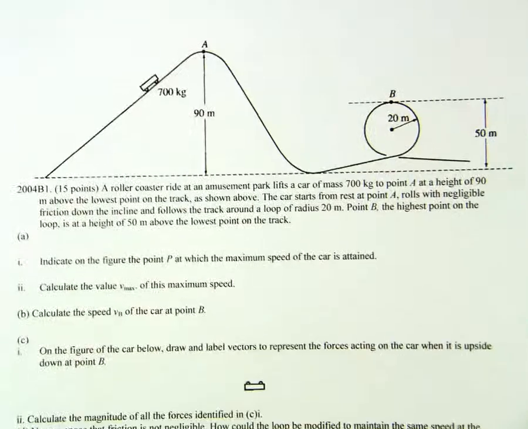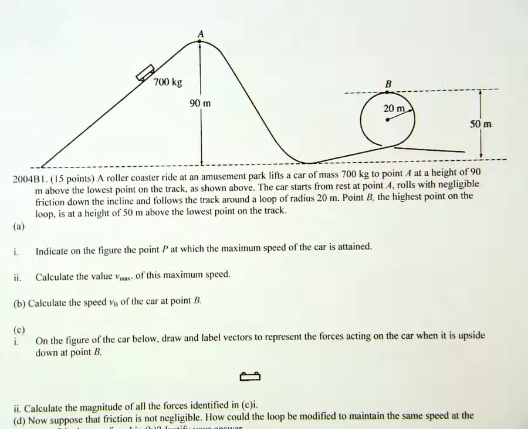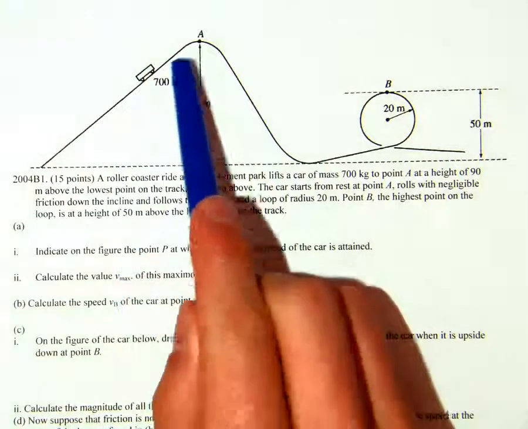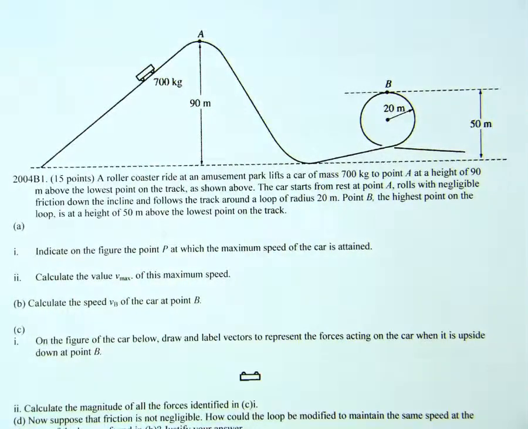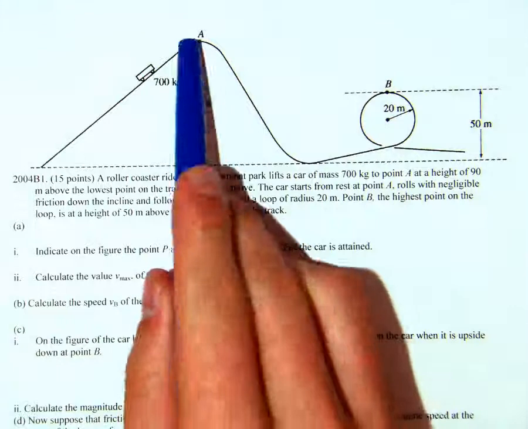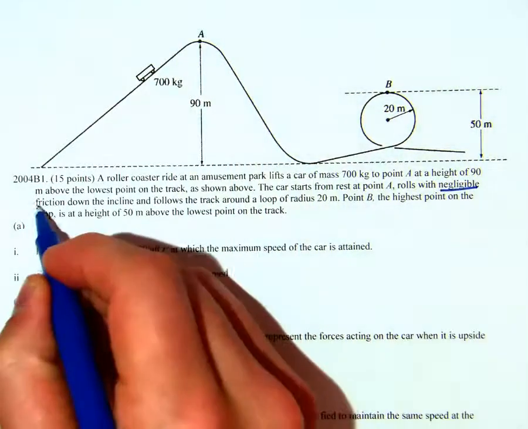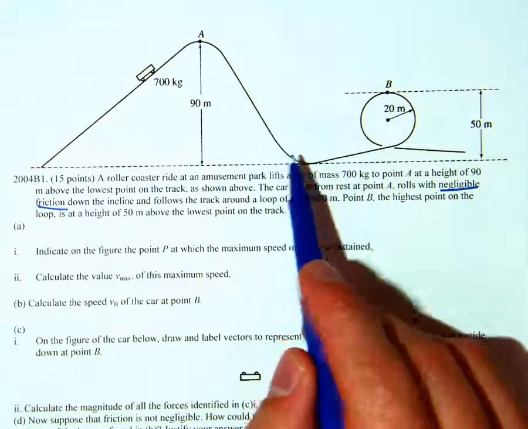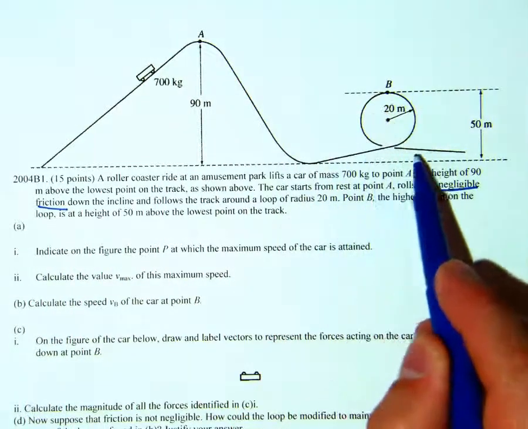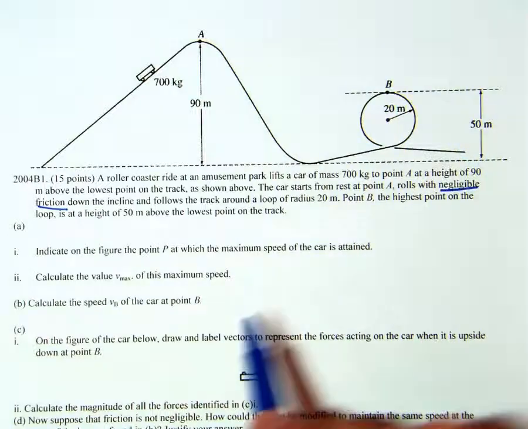So let's go ahead and start with problem number 1. We have a roller coaster ride at an amusement park that lifts a car of mass 700 kilograms to a point A at a height of 90 meters above the lowest point on the track. The car starts from rest at point A, rolls with negligible friction. Go ahead and say negligible friction so we won't have to take it into account. Down the incline and follows the track around a loop of radius 20 meters. Point B is the highest point on the loop and is about 50 meters above the lowest point on the